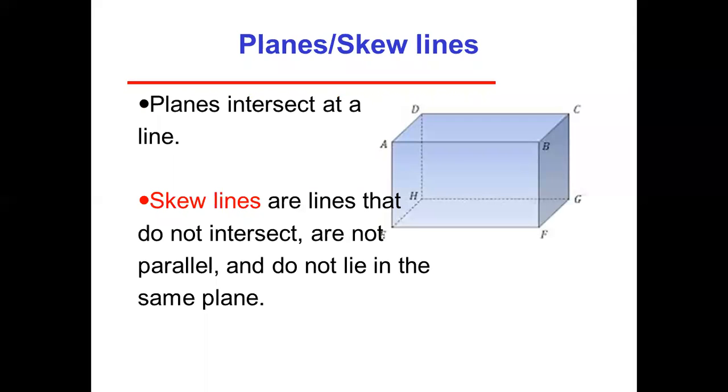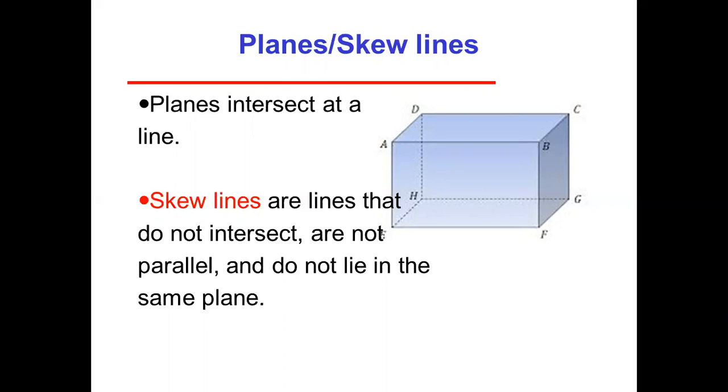Planes intersect at a line. Now you can see this diagram, where the different lines are intersecting. You can see this is a plane A, B, F, and E. One of the planes again you can see B, C, G, F, another plane A, B, C, D, another plane, similarly this one and similarly this one. So there are several planes we can say.